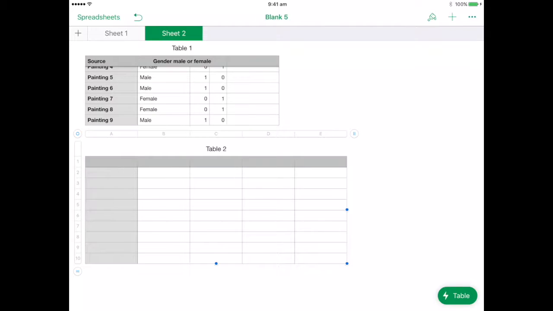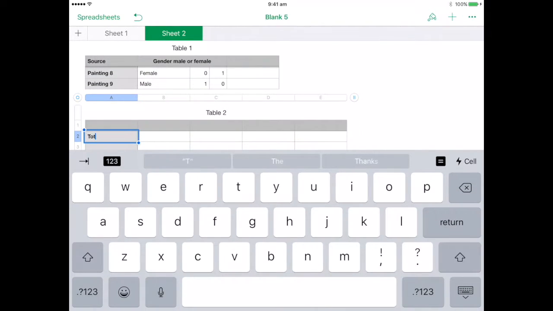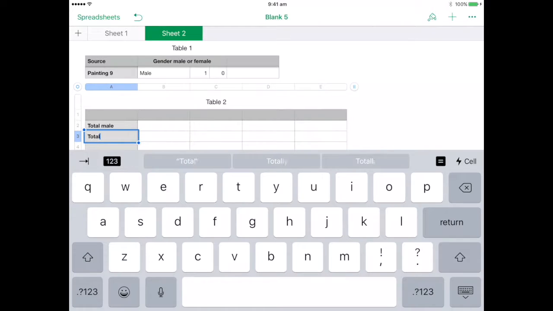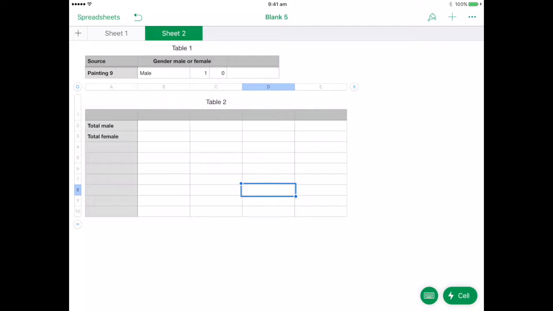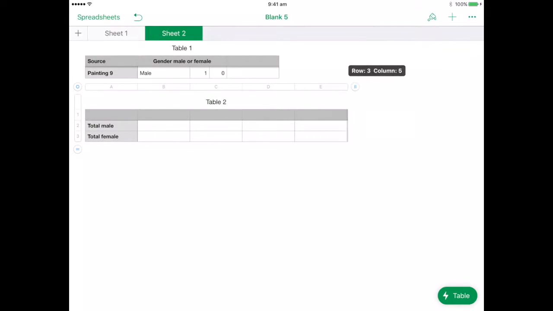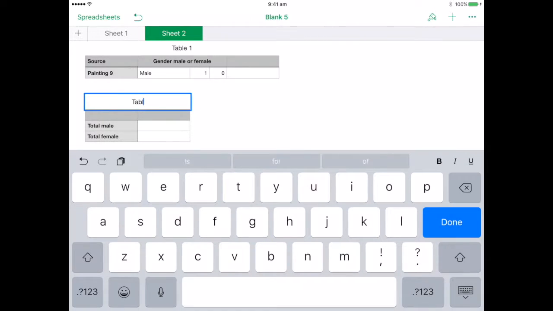So it's important we have one, especially because we're going to be tallying across, that we have grey on the left-hand side. So in here, I'm going to give this a title that says total male, and in the one underneath, total female. And of course I don't need all these extra cells, so I'm just going to drag that up and across. I'm going to drag that in as well, and I'm going to give this table a name which says